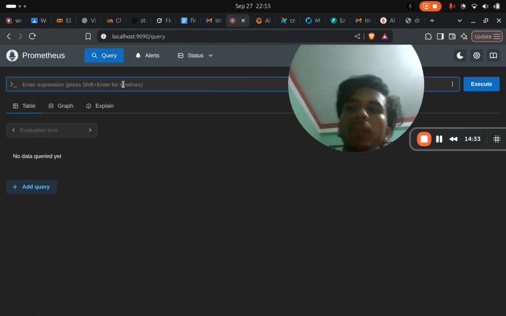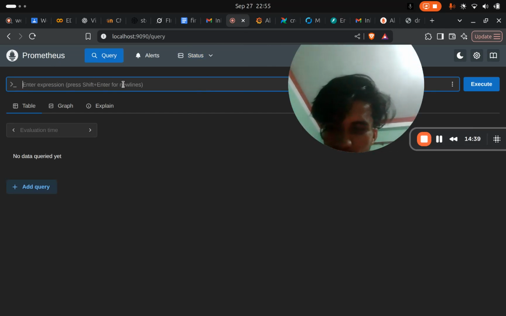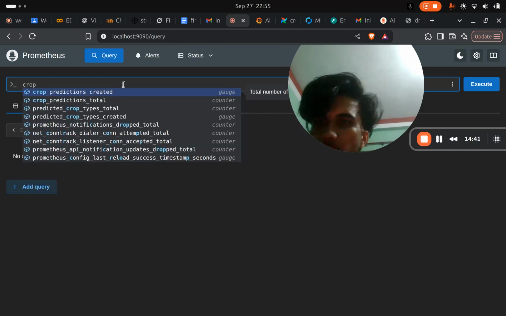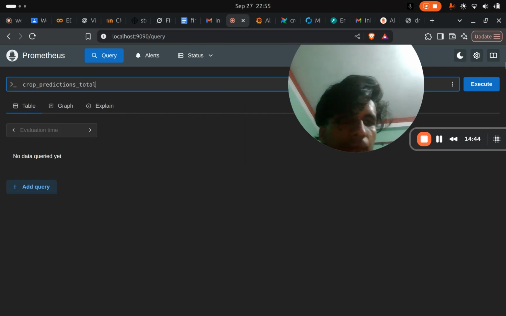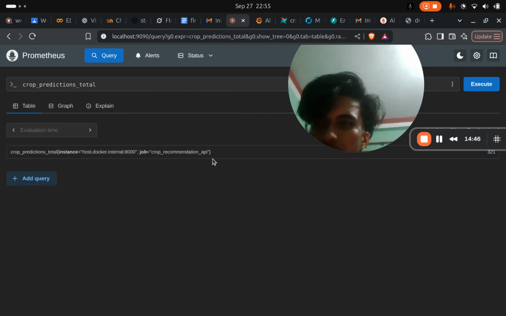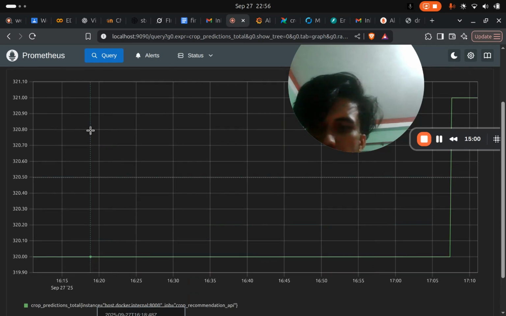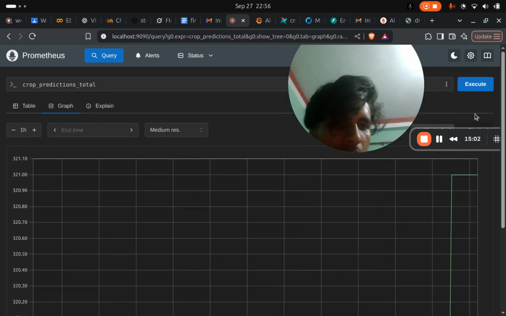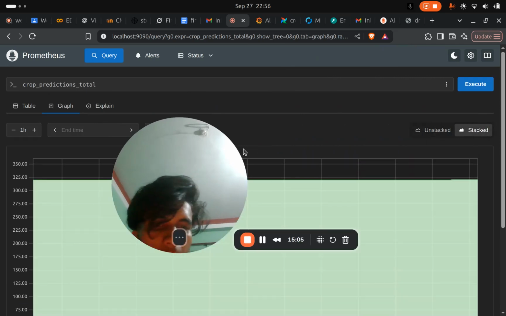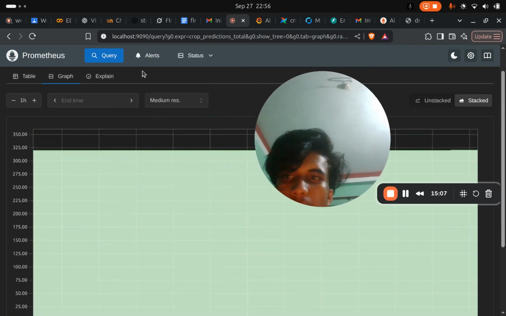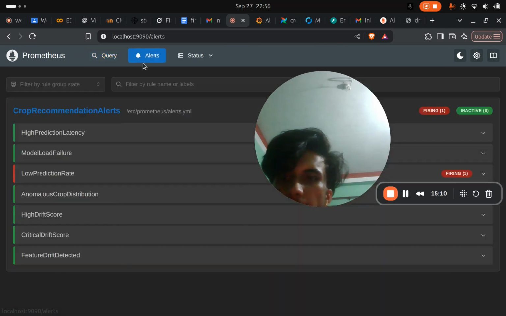So inside our Prometheus, we can query different types of crop prediction total. So now let's see our graph. This is our graph till now. This is our stack view, and